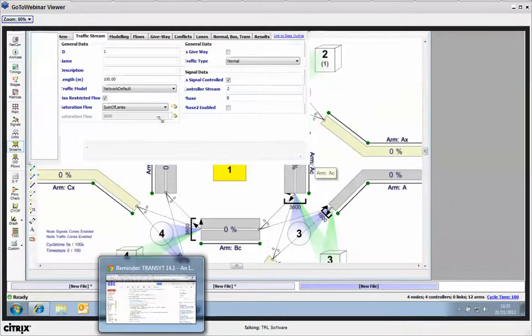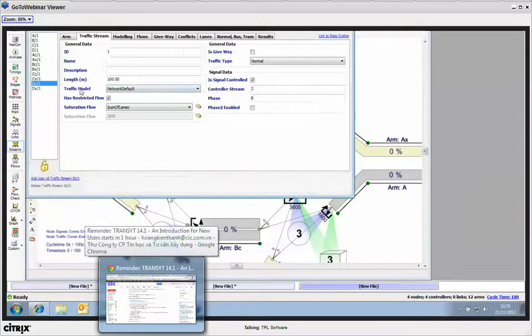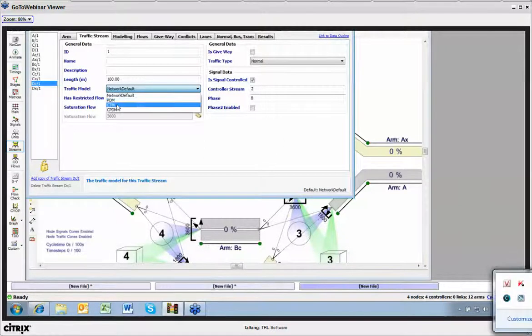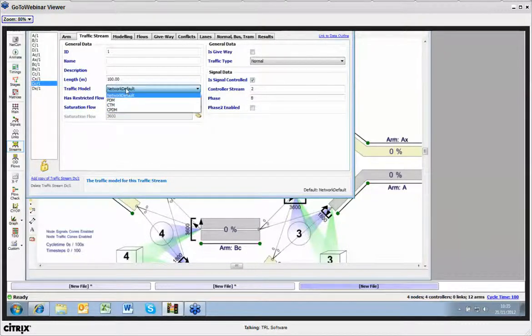So we have the traffic model here. It gives us the option of either network default or the 3 that I've just run through: the platoon dispersion, cell transmission, or the congested platoon dispersion model. At the moment it's on network default, so we have an option to either set this via a whole network or via individual traffic streams. So I can now select this to be CTM,